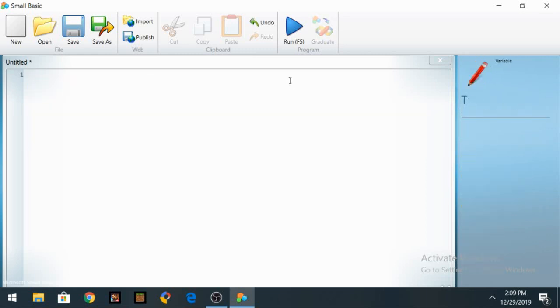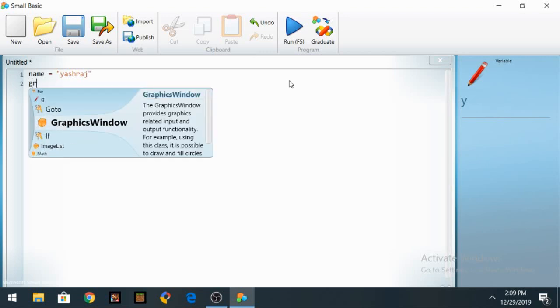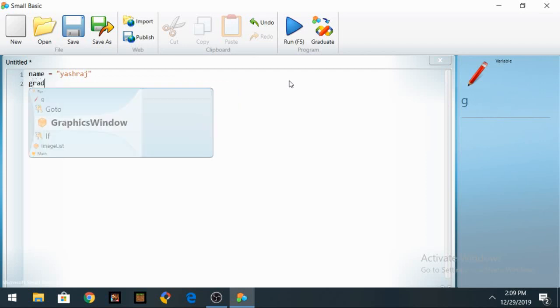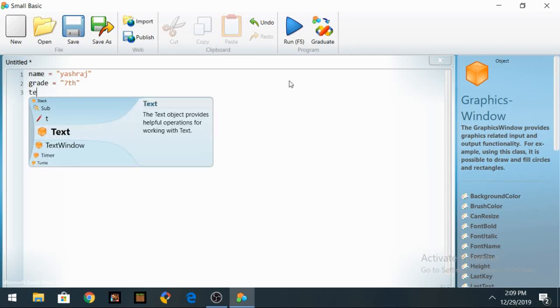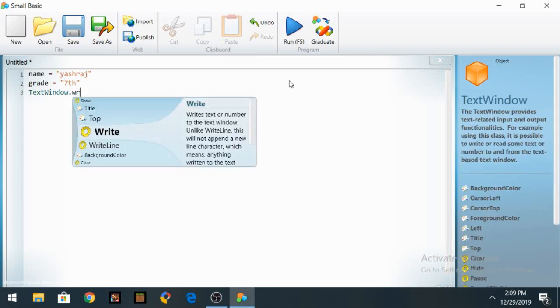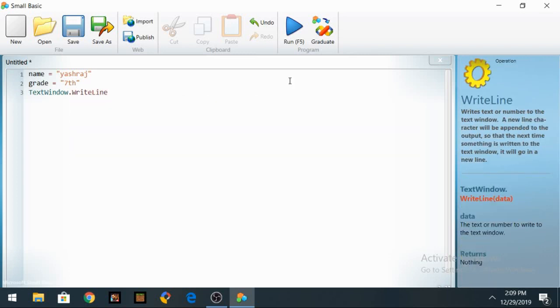So let's start on variables first. Name equal to Yashraj, and grade equal to 7th. That's it. And now let's write TextWindow.WriteLine. TextWindow and WriteLine, obviously you guys remember. If you don't know what it is, please check out my last video, which is my first video as well. TextWindow.WriteLine,